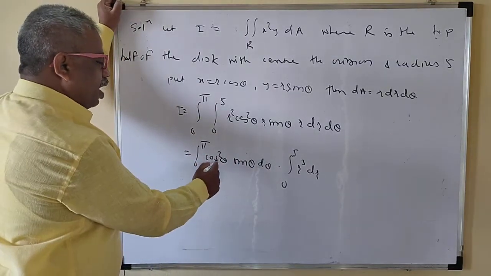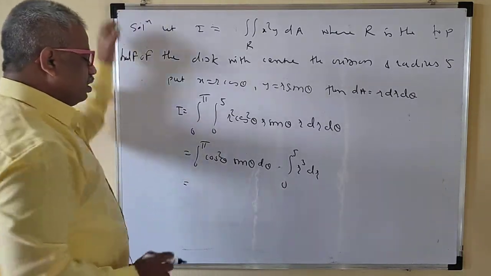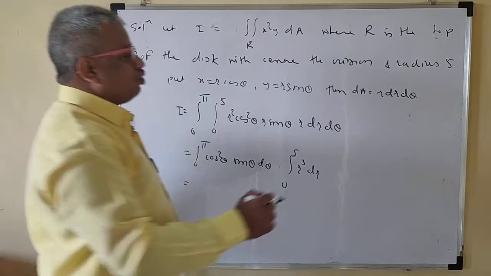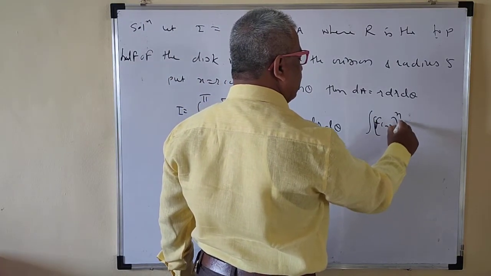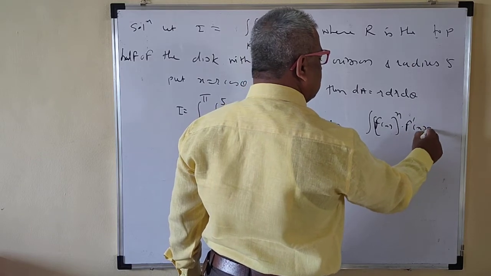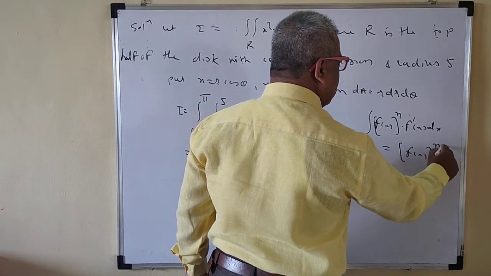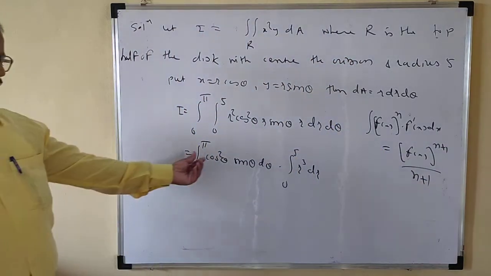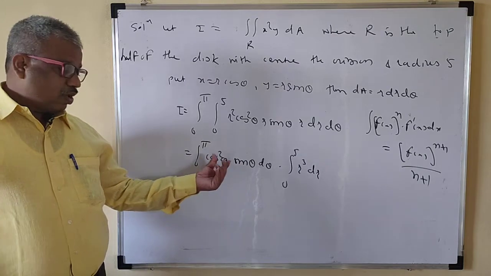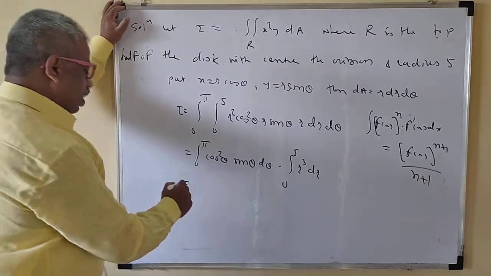Okay. So now we have to integrate this separately and take the product of these two. Now see, this is cos squared, right? You know that the integral of f of x to the power n into f prime of x dx is f of x to the power n plus 1 upon n plus 1. We are applying this because the derivative of cos theta is minus sin theta. The minus sin is not there, but we can manage this.